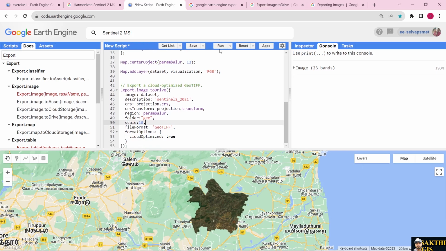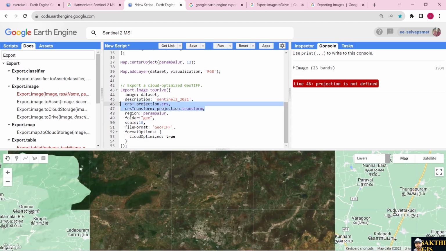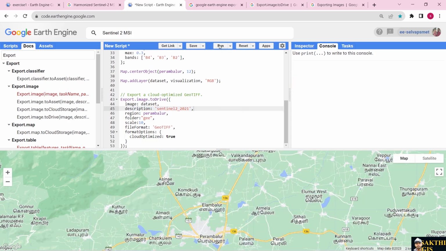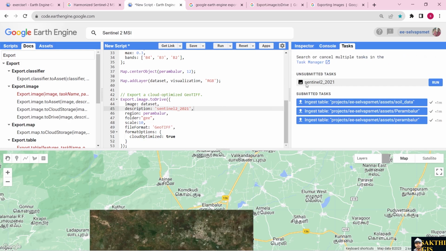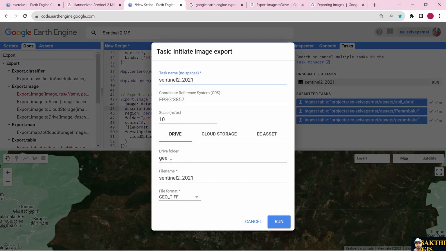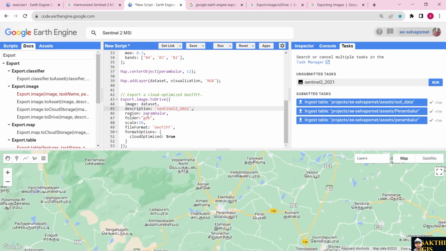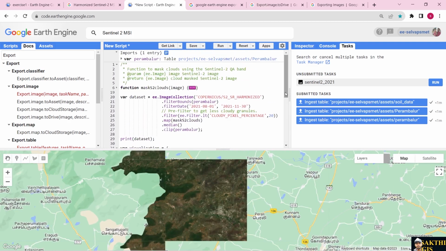Now if I run this program, in the Tasks tab you can see the task. The projection lines are default ones. Now it comes as Sentinel-2 2021, which is the description name. If I click run, this is the task name. It will be stored in the GE folder, and the file name will also be Sentinel-2 2021, in GeoTIFF format. If you didn't mention a folder, it will be stored in your normal Google Drive. Then you can download this image and visualize it in QGIS or ArcGIS or any software. So this is very simple, and very easily we can download Sentinel-2 data